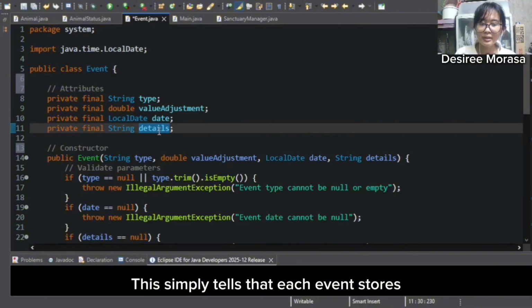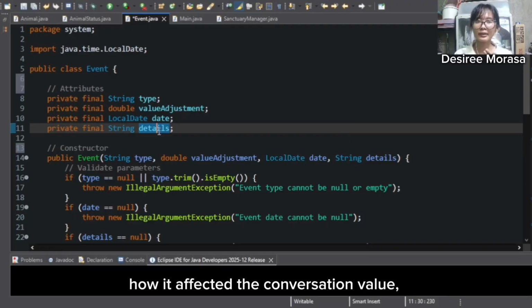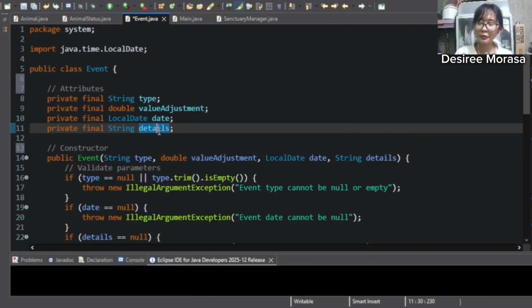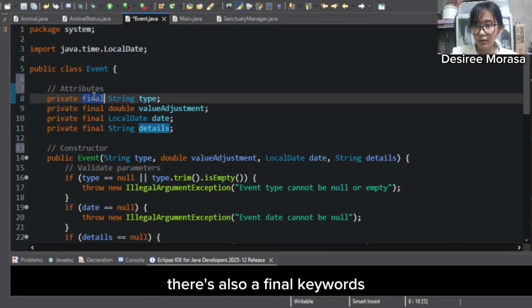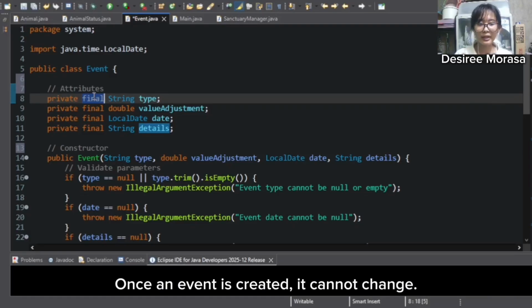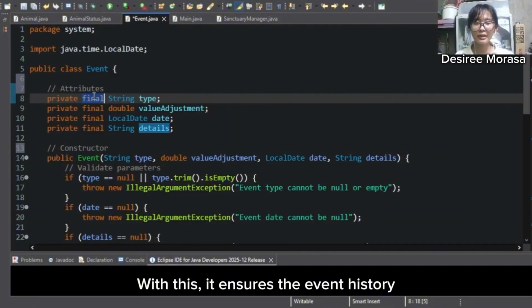This tells us that each event stores what happened, when it happened, how it affects the conservation value, and any additional details. There is also a final keyword, which tells that all fields are final and once created, cannot change. With this, it ensures the event history remains accurate and trustworthy.